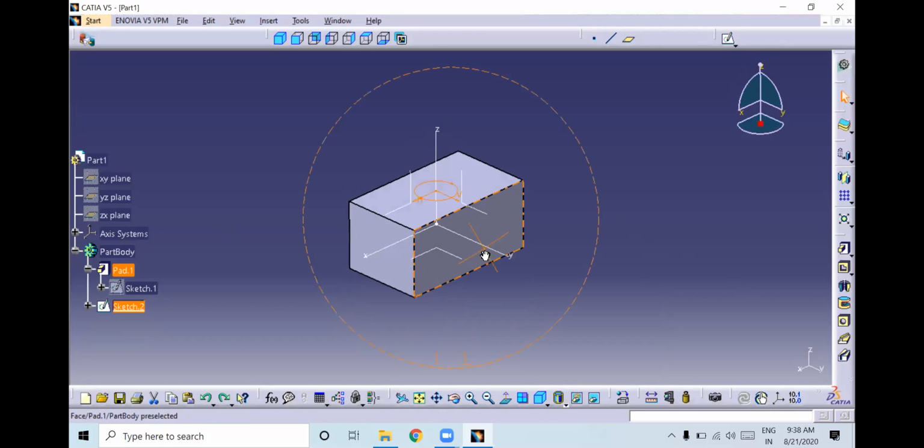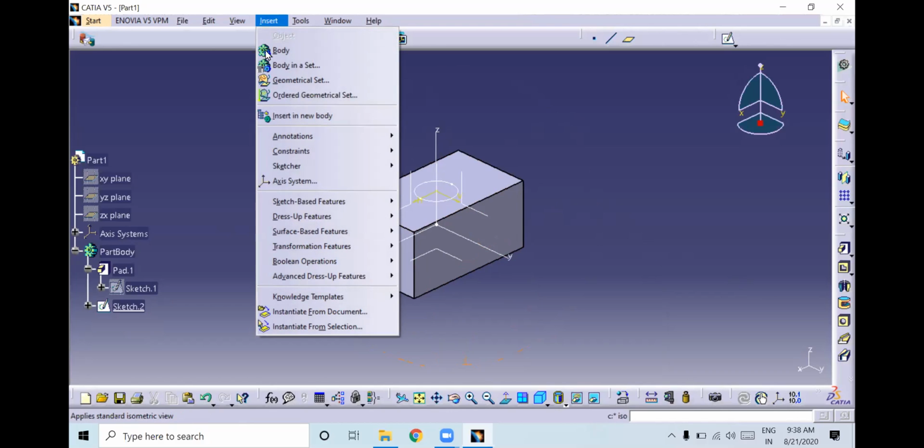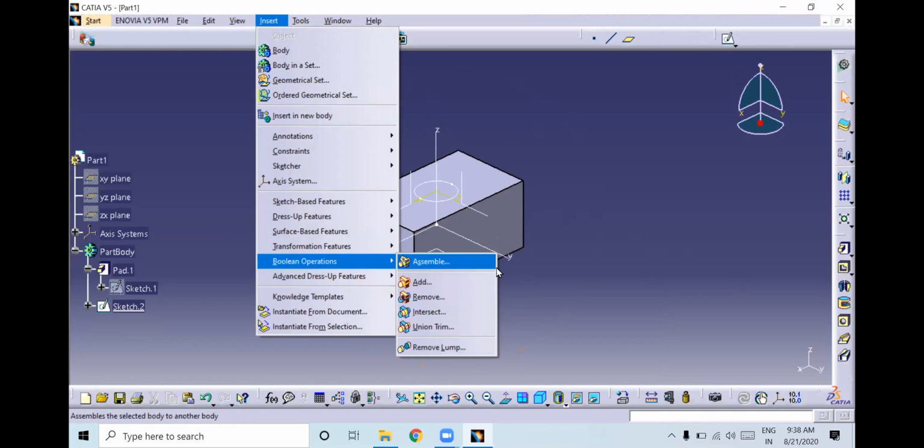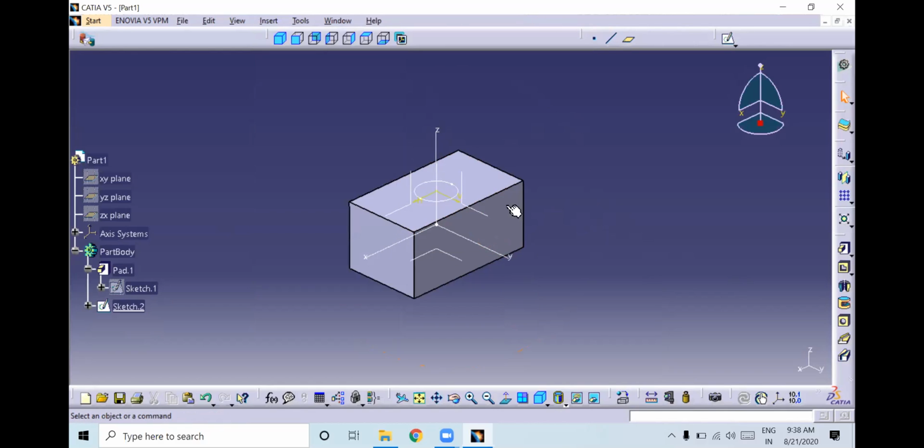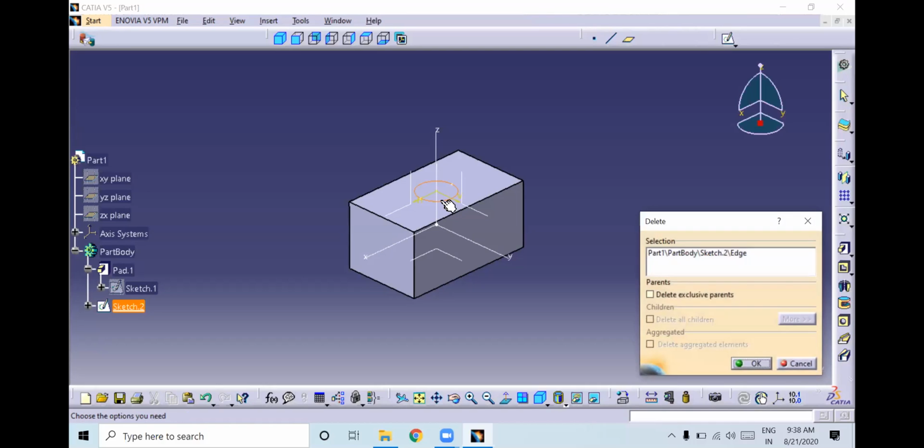Before creating a part, if you want to use mirror or pattern on that particular part, keep in mind that you have to use Boolean operation here. So if you are creating any feature, before creating the feature, I will just delete it.